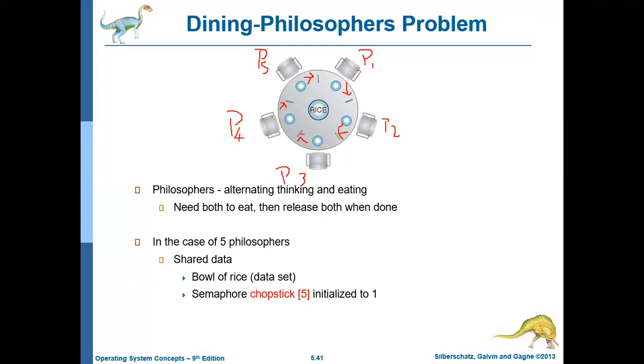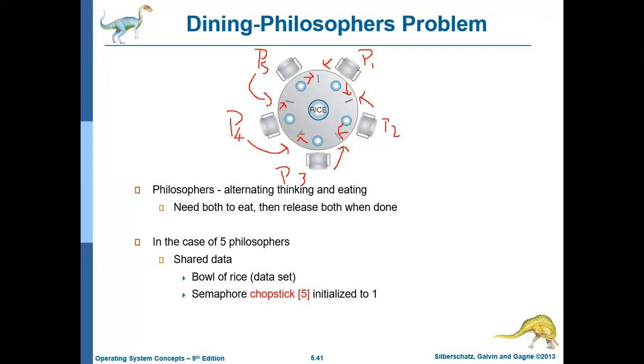Now philosopher 1 is waiting for this particular chopstick, which is already taken by philosopher 5, and philosopher 2 is waiting for this particular chopstick which is already taken by philosopher 1, and philosopher 3 is waiting for this chopstick which is already taken by philosopher 2, and philosopher 4 is waiting for this particular chopstick which is already taken by philosopher 3, and philosopher 5 is waiting for this particular chopstick which is already taken by philosopher 4,